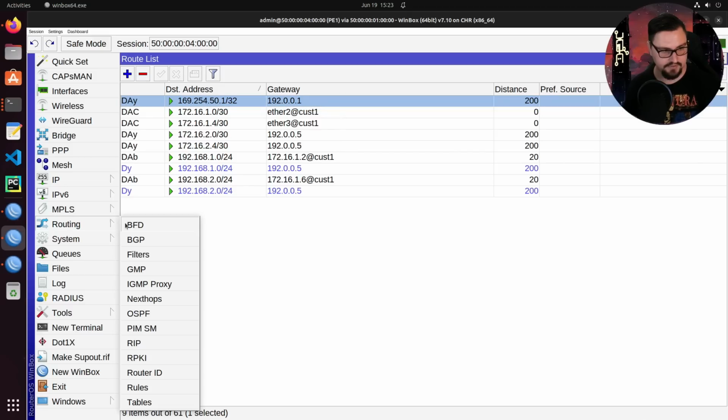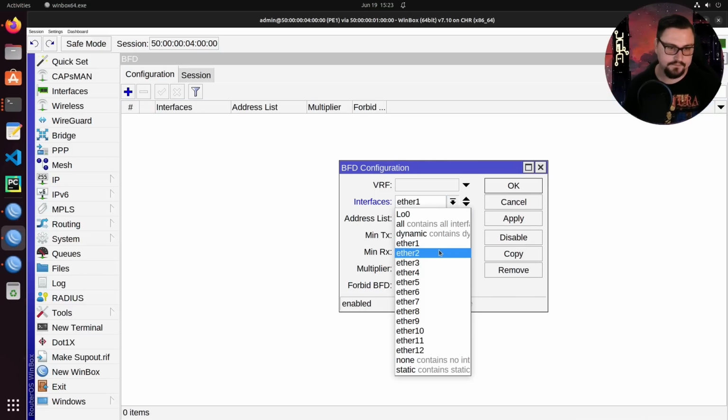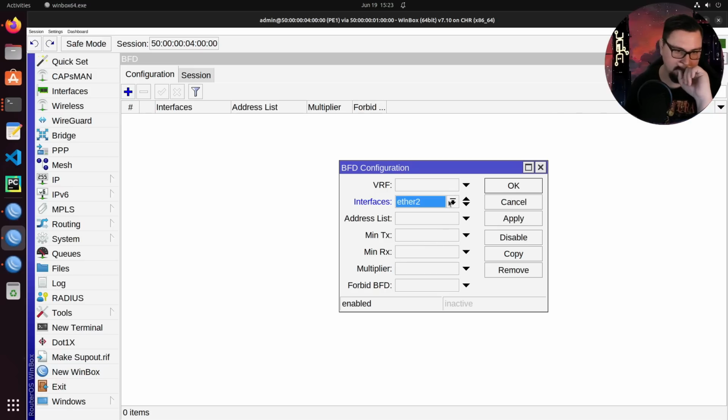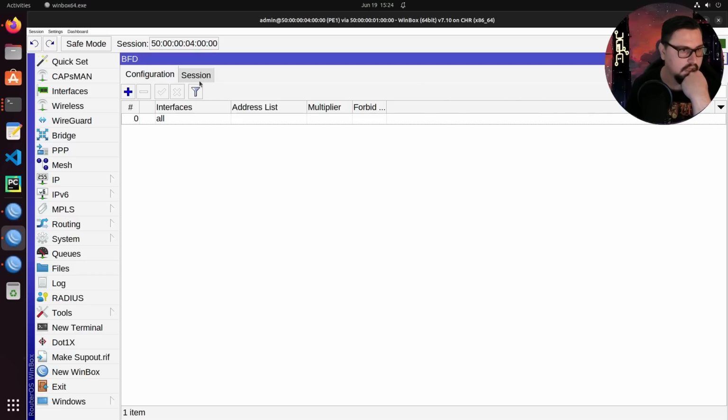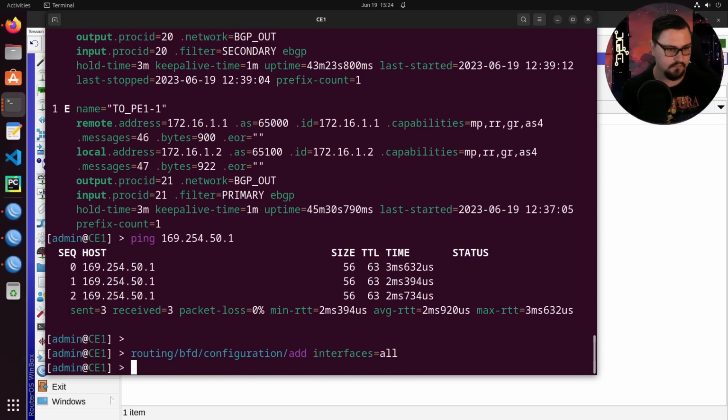So if I go into my routing BFD configuration, here I can specify ether 2, or let's say all again, that's fine. I'm going to set this for the customer 1 VRF, but I'm going to show you the issue that I've kind of picked up, and I'm not sure if this is normal or not, and we'll leave all of the other values also just the standard. And session, we can see nothing's happening. Let's just enable BFD on the customer edge as well. So I'll go routing BFD configuration, add interface all, apply that,